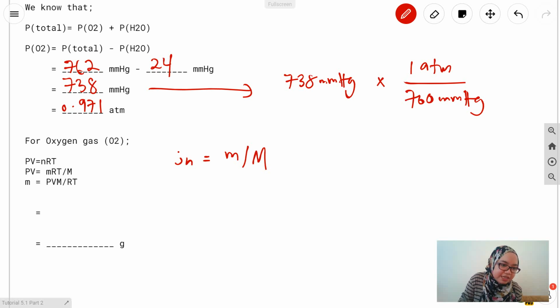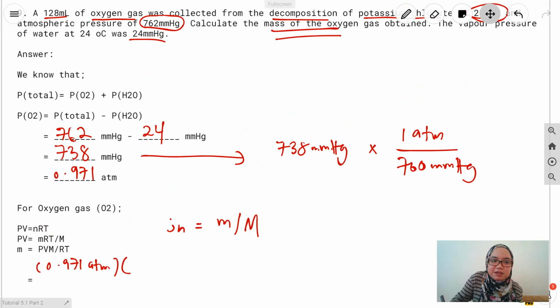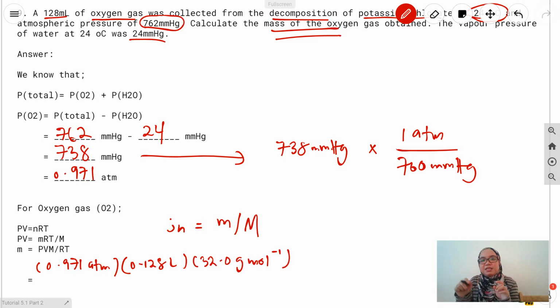We know that P here is 0.971 atm. V here is, look above, 128 ml, but you need to convert it into liters, so 0.128 liter, times the molar mass. The molar mass of oxygen is 32.0 grams per mole, since 16 plus 16 gives 32. Divide